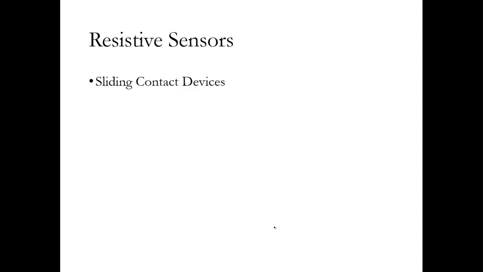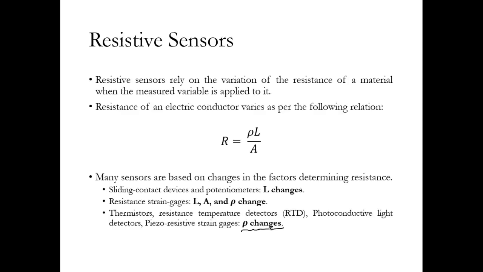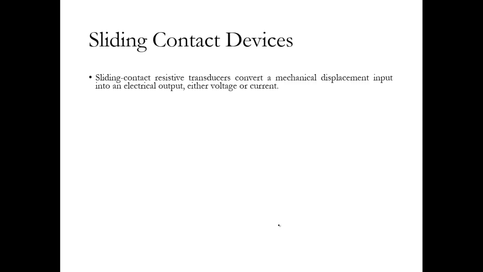Now in the resistive sensors, we have sliding contact devices, resistance strain gauges, thermistors, or the resistance temperature detectors, that is RTDs. And then we have piezo-resistive strain gauges and photoconductive light detectors. Now, coming to sliding contact devices, sliding contact devices are very popular and similar to what we have seen in the physics labs,